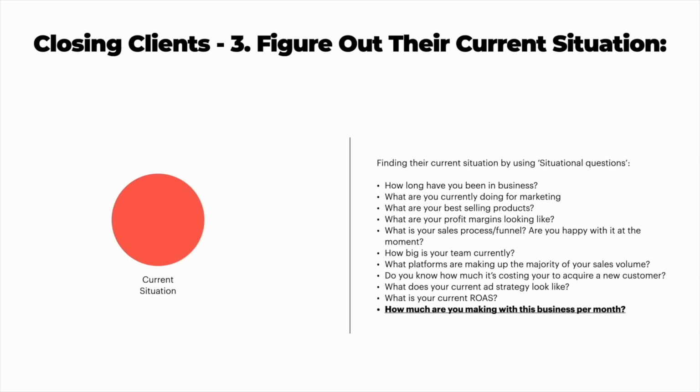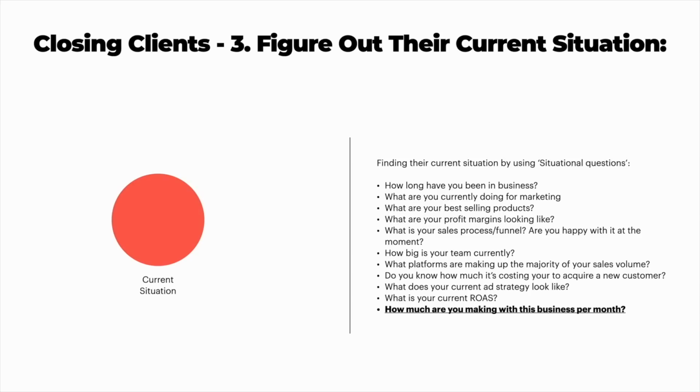And you find out their current situation by using what you call situational questions, such as how long have you been in business, what are you currently doing for marketing, as in what are your current marketing strategies, what are your best selling products if they have multiple products, what are your profit margins looking like, what is your sales process / funnel, are you happy with it at the moment, and how big is your team, what platforms are making up the majority of your sales volume, do you know how much it's costing you to acquire a new customer, what does your current advertising strategy look like, what is your current ROAS, what are your overheads,